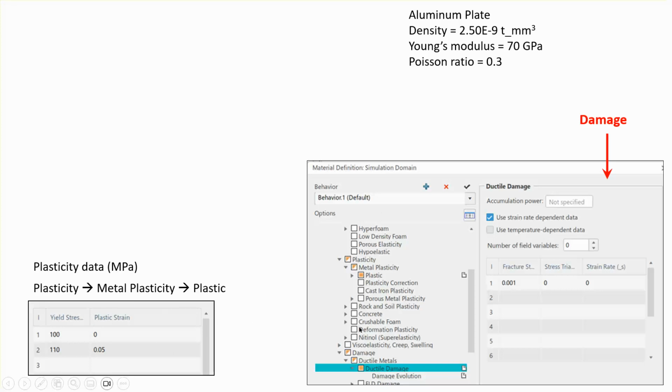Then you go and select the damage model. Okay, right here, the damage model. When you select the damage model, and you're going to use ductile damage, this window pops up, and the only number that I'm going to put in there is 0.001 for fracture strength, and these two I'll leave as 0. I'm following the steps of the previous YouTuber. As I said, I'm not making any claims on the validity of these things,